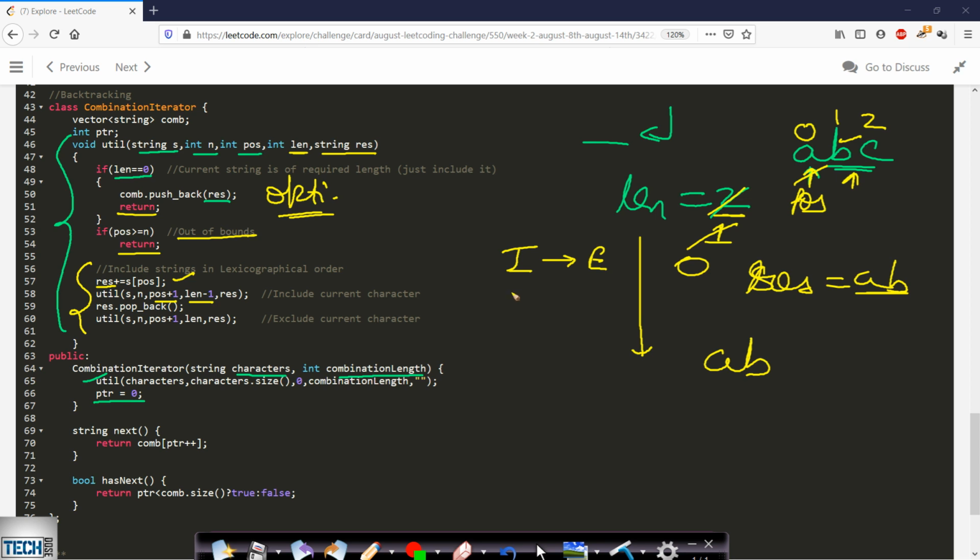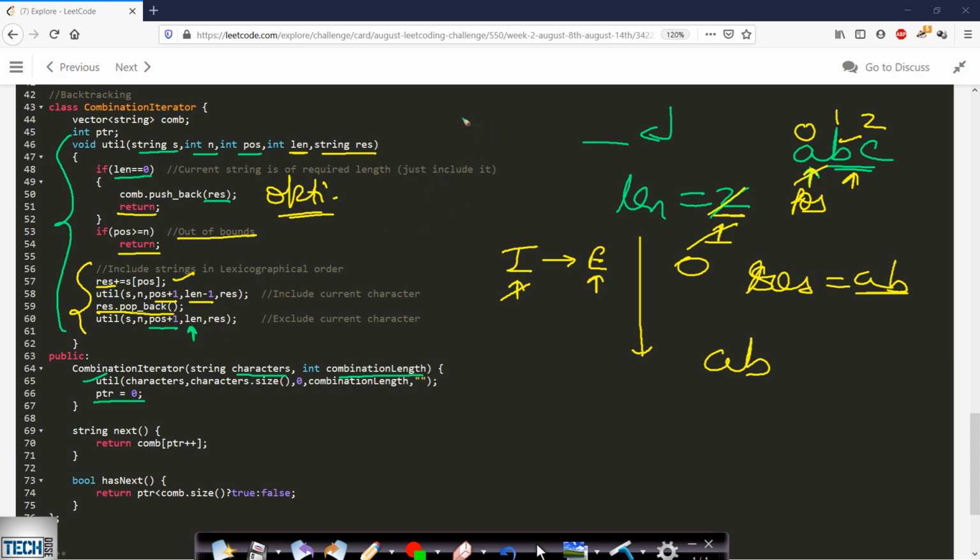Once we are done with the including part, the next one is the exclusion part. Since we had added the current character, we will remove it and then again make the next call by going to the next position, but our length will be the same because we are not including this current character.